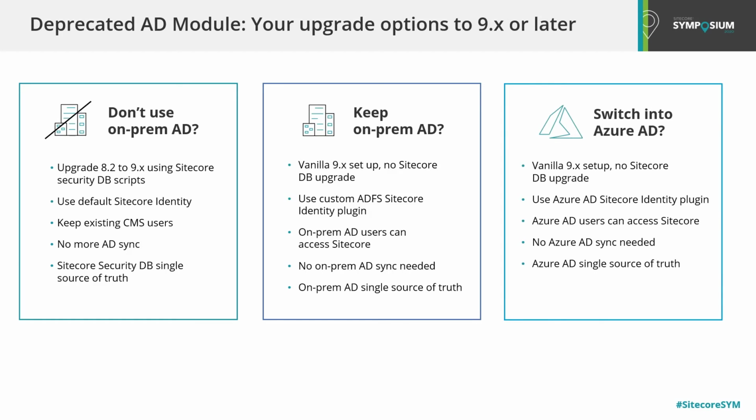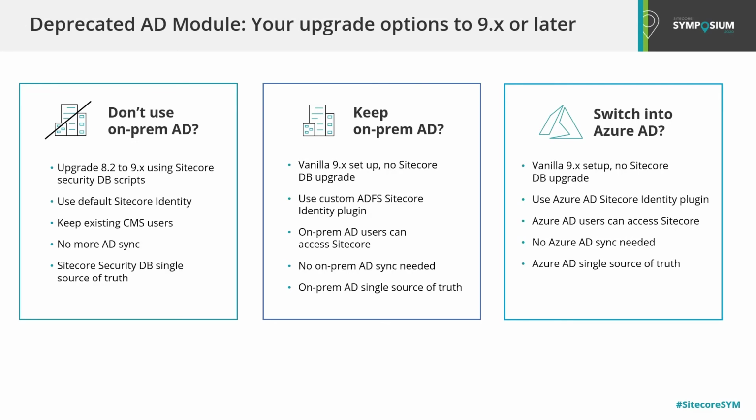Let's look at our last option, switch into Azure AD. Depending on your cloud transformation strategy, this is probably what you should be considering at some point. We have a couple of options here, such as using Azure AD Connect or Azure AD Connect Health to help with the transformation. I still recommend working with your digital transformation partner to explore further options. So, if you choose to switch into Azure AD